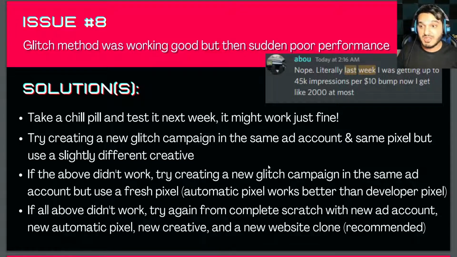Well, the first solution is simple. You do nothing, just take a chill pill and test it next week and it might just work fine. I said it before and I'll say it again. TikTok is weird. Sometimes your glitch campaigns will just stop working for like a week or two and you just